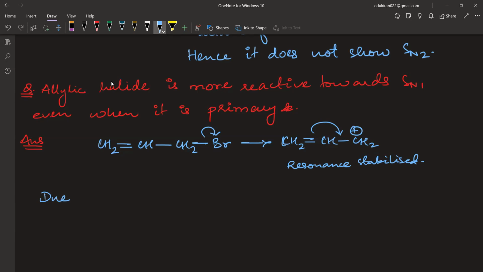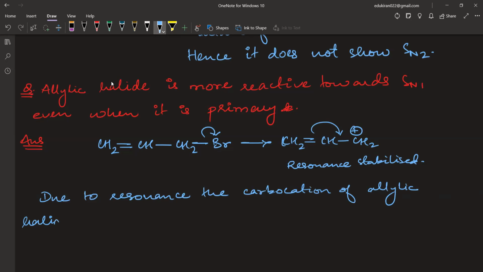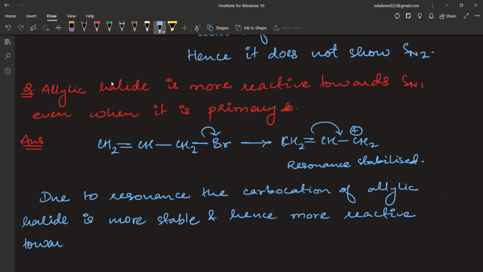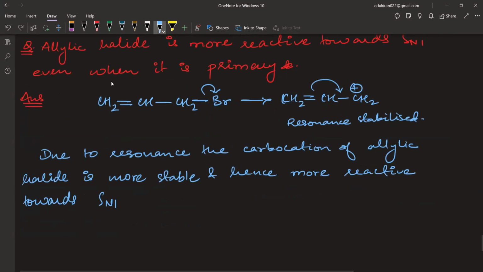Due to resonance, the carbocation of allylic halide is more stable, and hence more reactive towards SN1. Okay, so if you get some type of question like this,